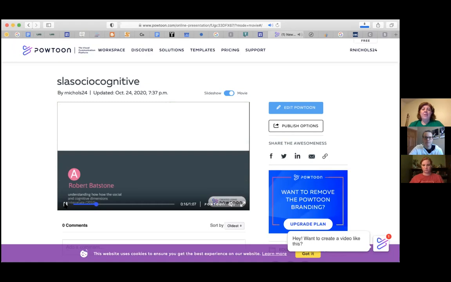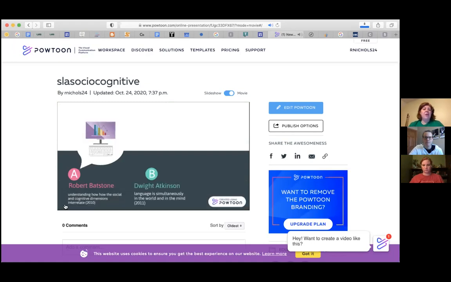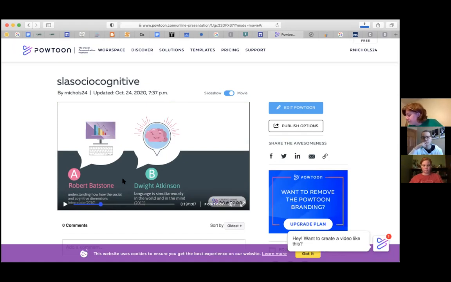Okay. So this is sociocognitive SLA, and it was developed by Robert Batstone and Dwight Atkinson. And Robert Batstone was understanding how the social and cognitive dimensions intersect in second language acquisition. And he developed this in 2010. He acknowledges that there is both a social and cognitive dimension to all forms of language use, and thus it